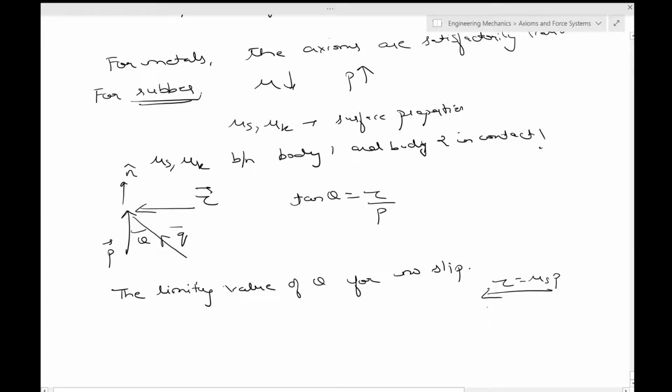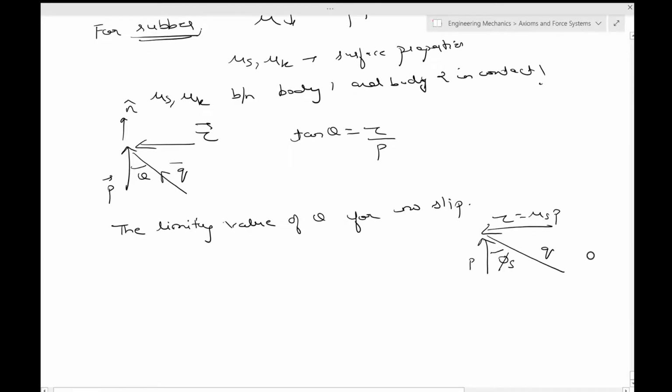This is the limiting case. When tau is equal to mu s p, then it's a limiting case in which no slip will happen, because beyond this value the slip will happen. So this is perhaps the maximum value. So the limiting value of theta for no slip